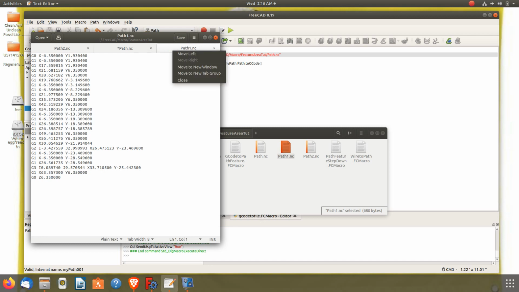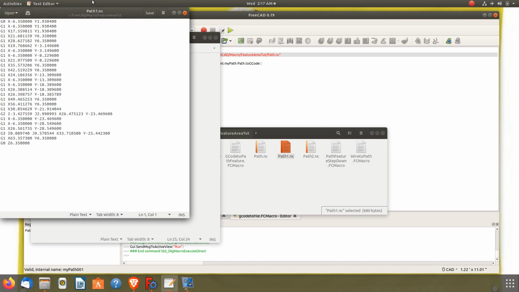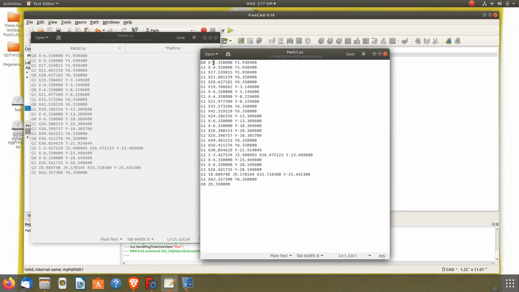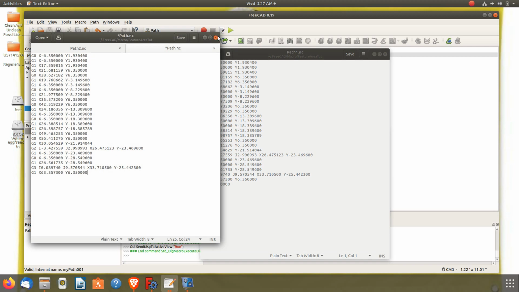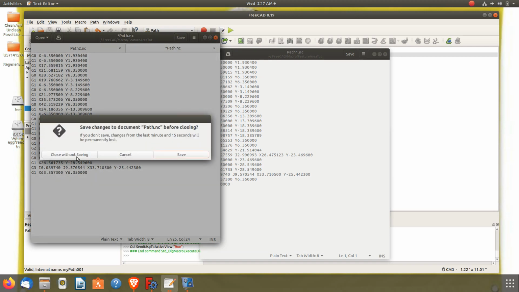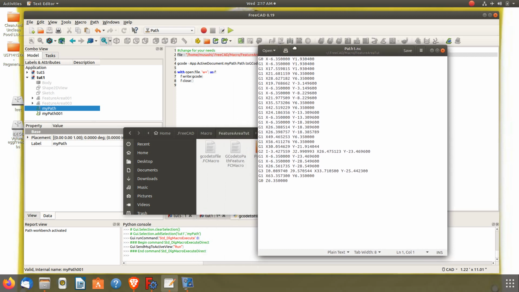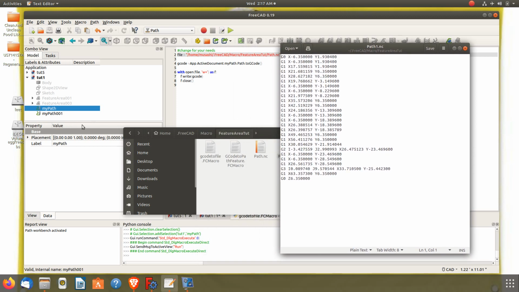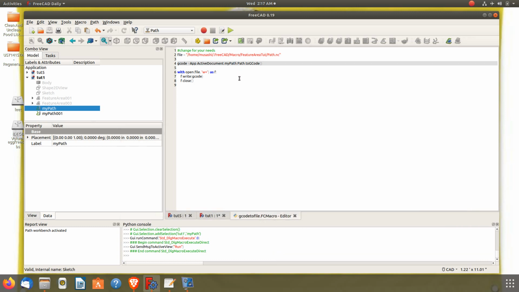We'll do new window. So your path, after you edit it, will look like this. Your G code. Then what you're going to want to do after you've created G code for my path, you'll change this to my path 001. You change this name so you don't overwrite this path here, and you'll run the code again. And after you've ran that code,